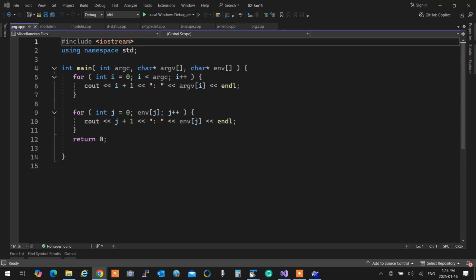I know it resides within the main, but where do they come from? Come from? Where do they come from, Muskan? Muskan, where do they come from?